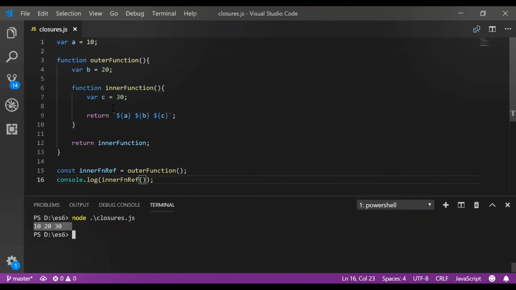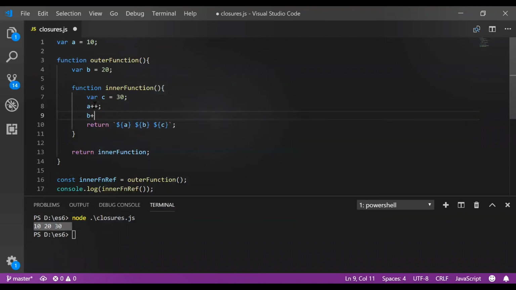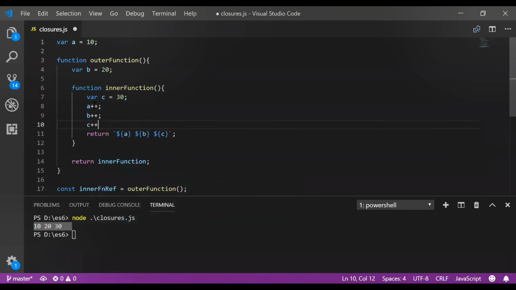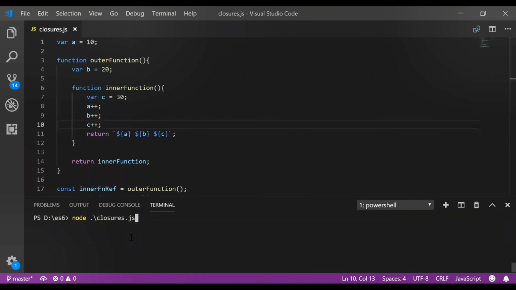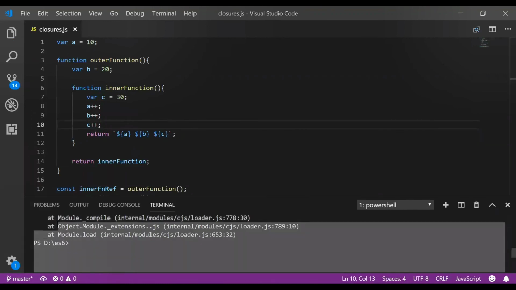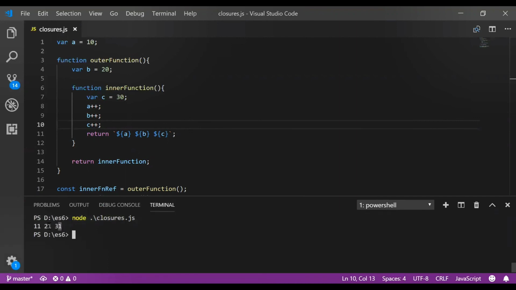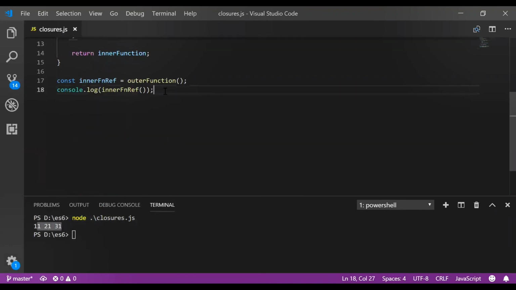Inside the inner function, we will increment a++, b++, and c++, and let's see the console value. It gives us 11, 21 and 31. Now we'll call it once again. Note one thing: the a and b values are incremented, but the c value is not incremented.